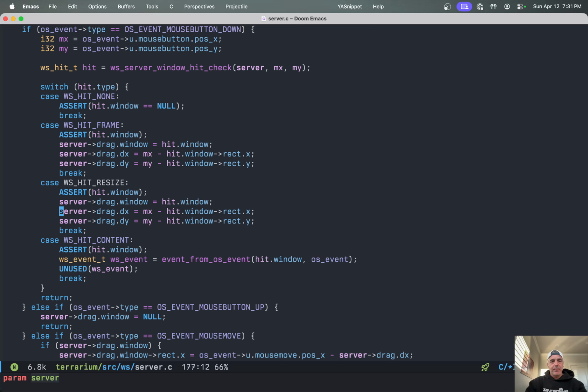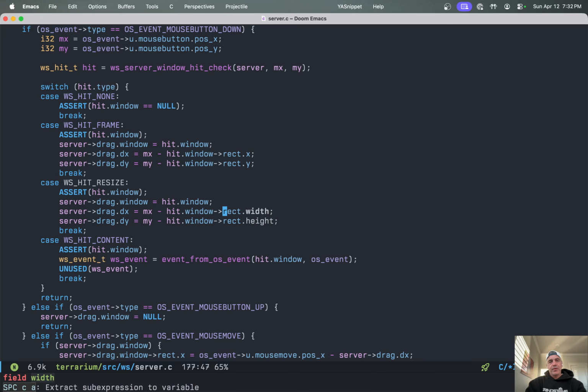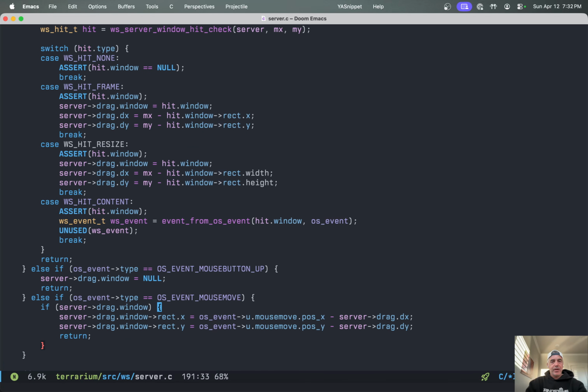Doing it from the bottom right, I think. We want that because that's the total. Do I need to add the starting point? We'll see. So then a mouse move, if we have drag, we need to differentiate